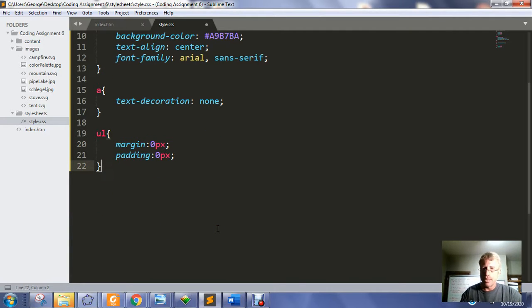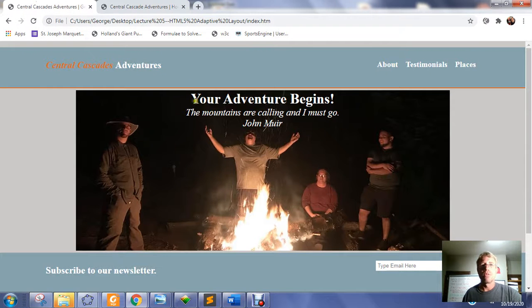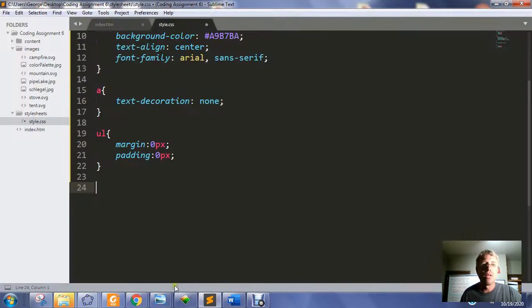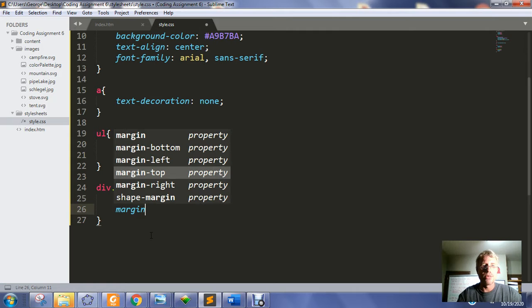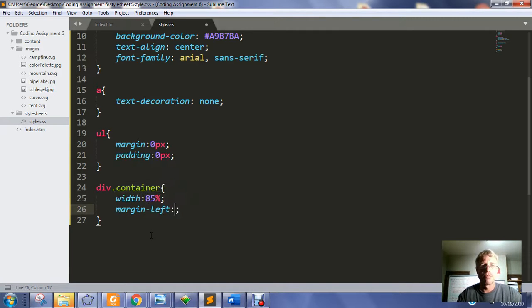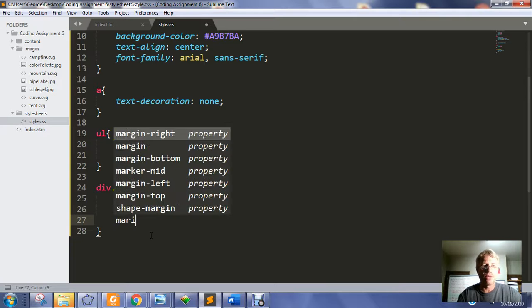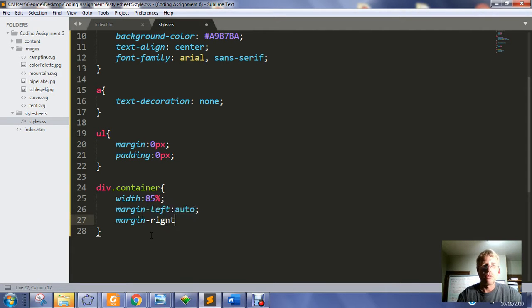And then let's see, is there anything, the container class. So we had a container class that we were using over and over again to center divisions in the page and to constrain widths of objects that are on the web page. So we want to do our settings for that. So the div dot container, any division that is a member of the container class, we're going to set the width to default to 85% of the viewport, and then we're going to set margins left and right to auto, and that should center things for us. Margin right